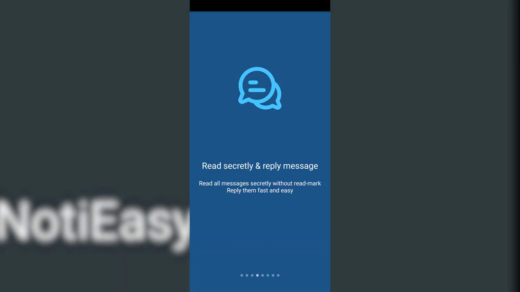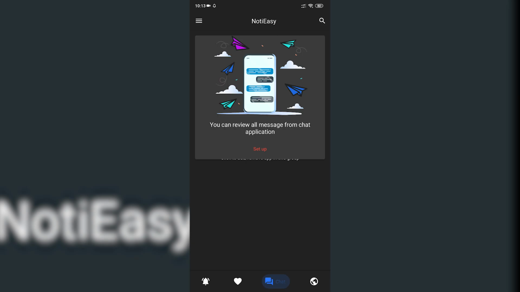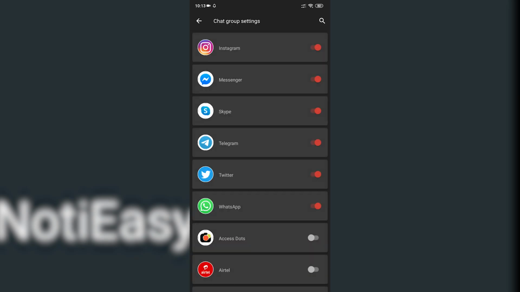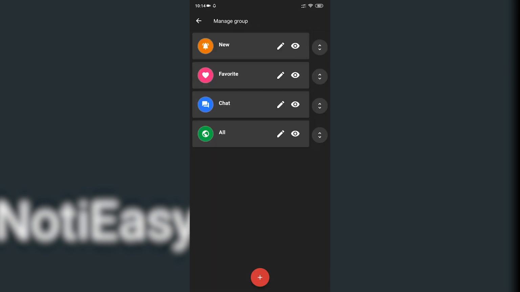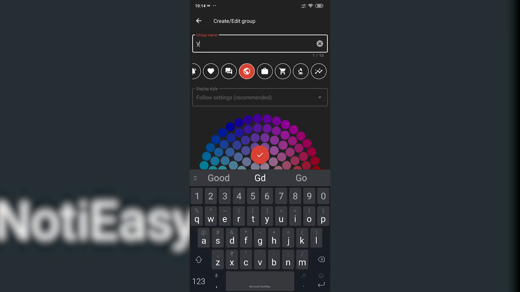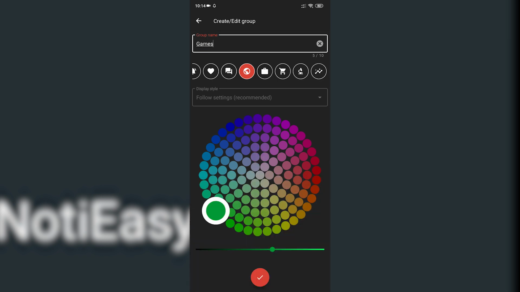chat apps. So yes, if you are not in the mood to reply to a person's message, you can read it unofficially in this app, and then when you have the mood, you can go to the app and reply to it officially. This app is really convenient as it separates message notifications from chat applications in a separate space, and there is also a favorite space where you can add your favorite apps from which you want to receive the notifications from. You can create custom spaces also, like for all the shopping apps or for the games, etc. So yes, this is a feature packed app to use.